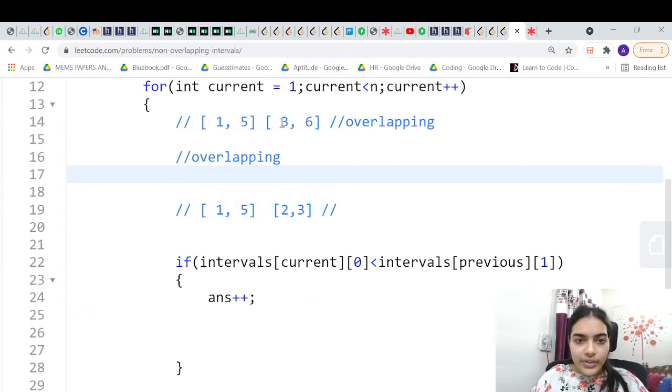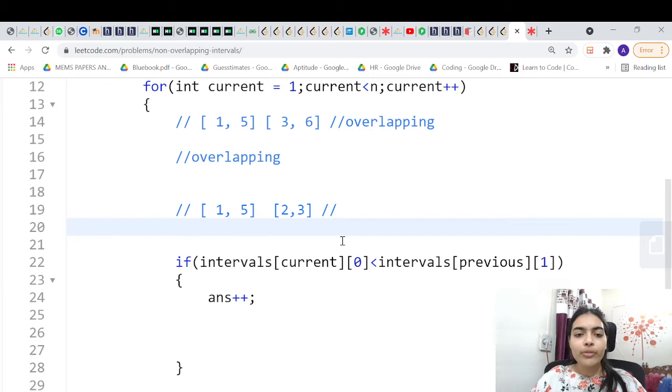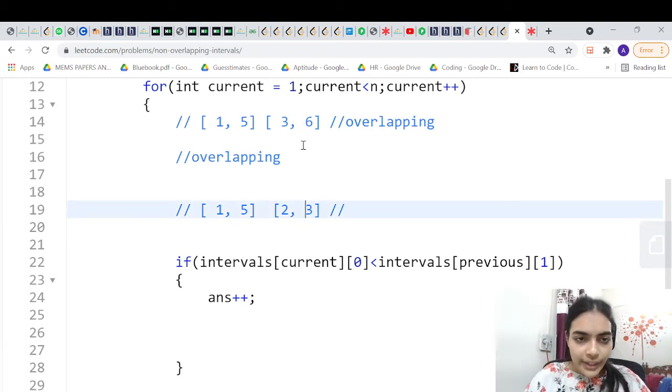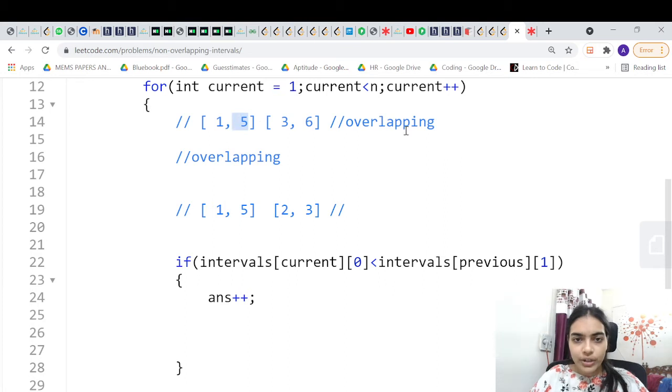So till now we just compared 3 with 5, or we just compared this element and this element. Now we need to compare this element, right? We need to see which of these two cases it is falling into. So how will you decide that? For example, in this case 6 is larger than 5, so it is falling in the first case. But in this case 3 is smaller than 5, so it is falling in the second case. Okay, so that will be the simple logic.